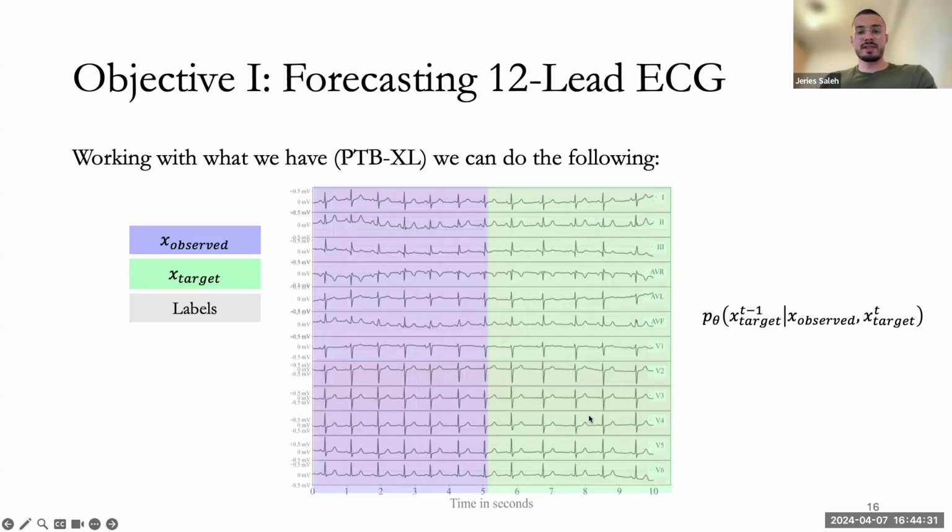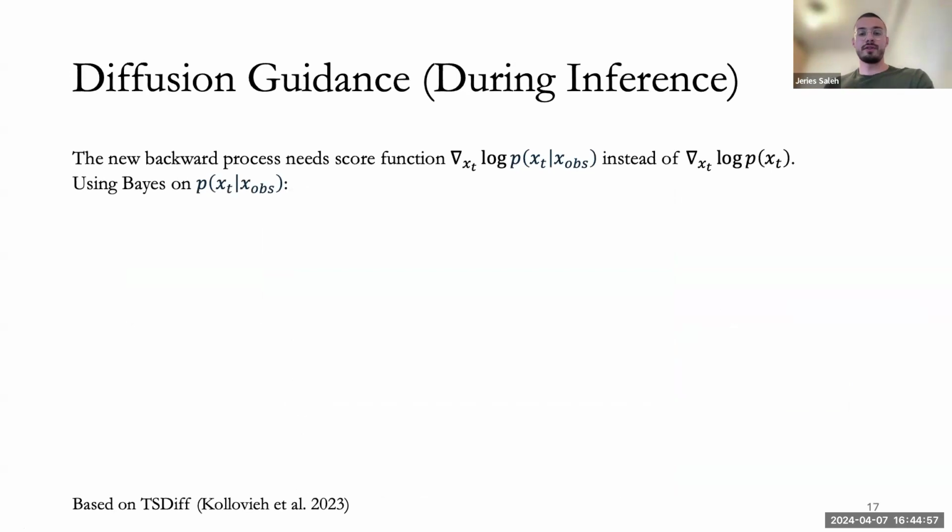In time series, the temporal dynamics, the sequential nature of the data, introduce complexities that are not present in static images. So what we'll be using is diffusion guidance, which is a little bit different from in-painting. The regular in-painting didn't work for me. Okay, so we're asking whether X observed can guide X target. And for diffusion guidance,